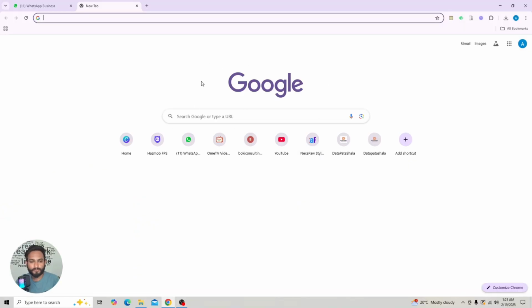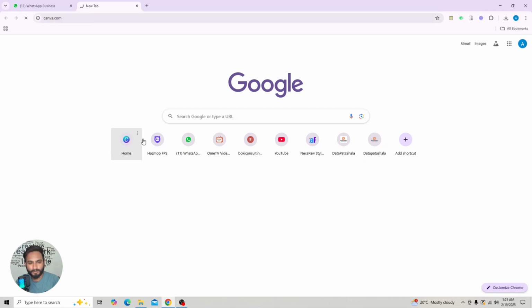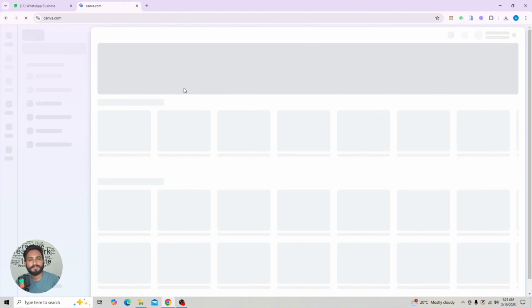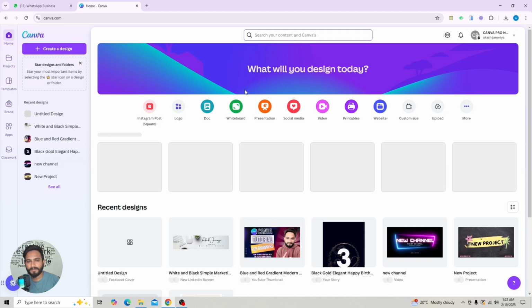So what you need to do, just come into the Canva app. So I will go into the Canva app. Canva is very easy software, so anyone can use it, and you don't need to pay anything for that. If you have a creative skill, or you can just edit a little bit, you can get the results. So what you need to do is come here to social media,